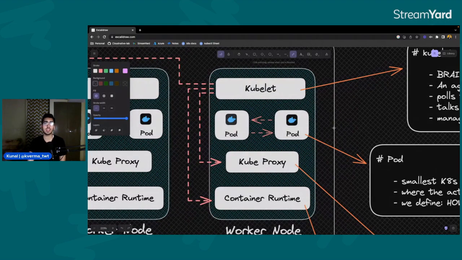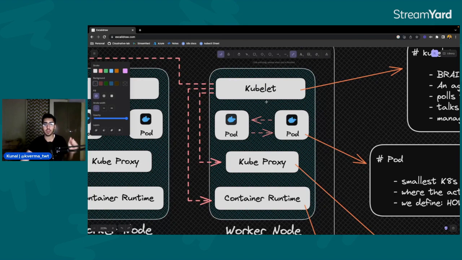So that was the master node that we just talked about, which maintains all the admin related tasks of your Kubernetes cluster. Now the worker node is where the actual magic happens. The actual work happens inside the worker node. Okay. The name itself suggests it's a worker, so it does the work. That was a really silly analogy, but I hope you get the idea. So let us, one by one, see what are the components involved in the worker node and how they all communicate with each other. Let us start with the kubelet first.